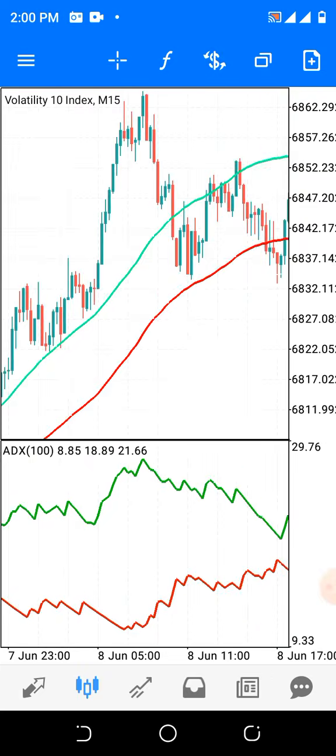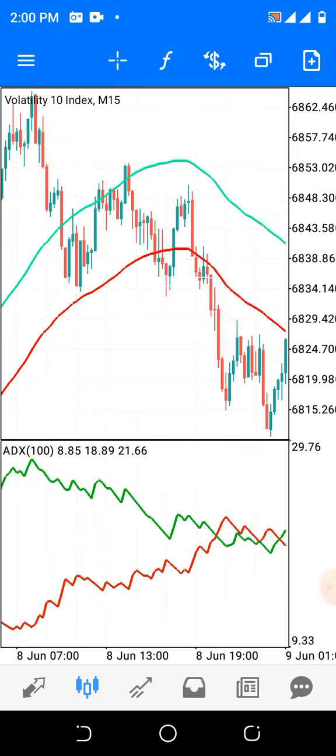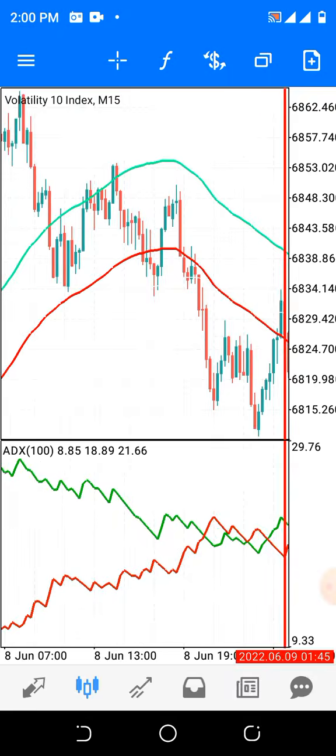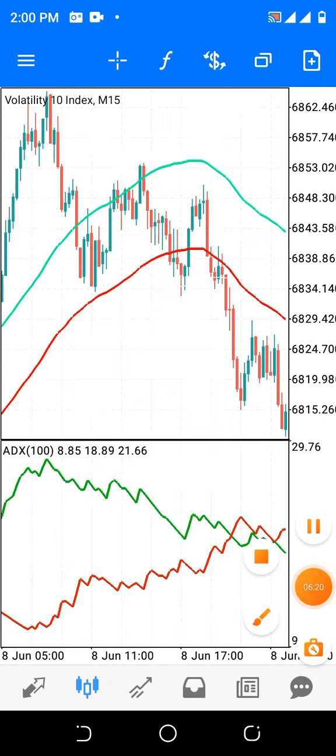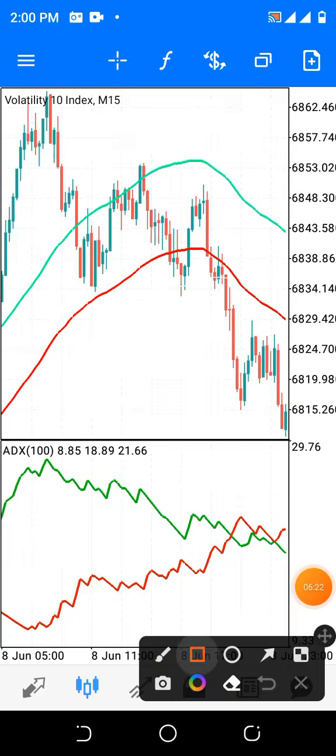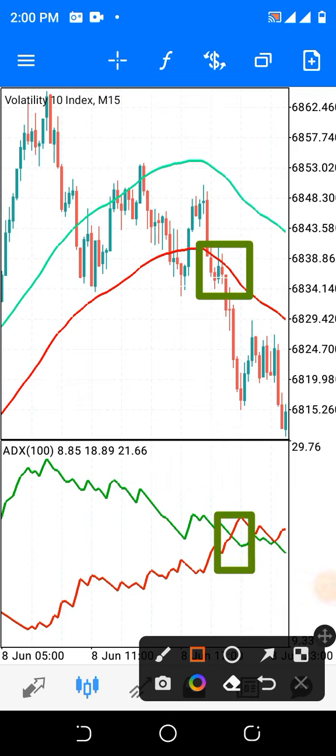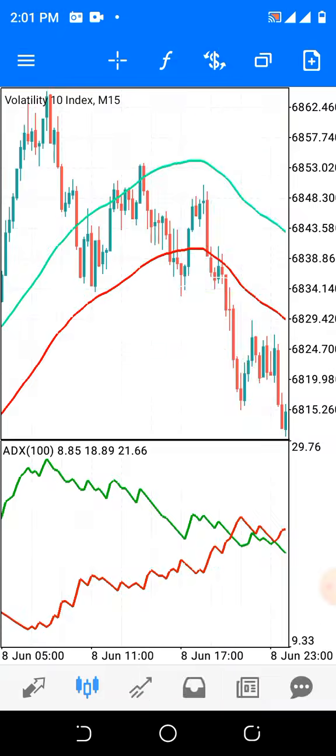Now, this is another place for you to make it huge from the market. You see it? So you take your sell position here, set your stop loss to be here. That is where your stop loss should be, and make your gain. Now let me show you the settings of these indicators.